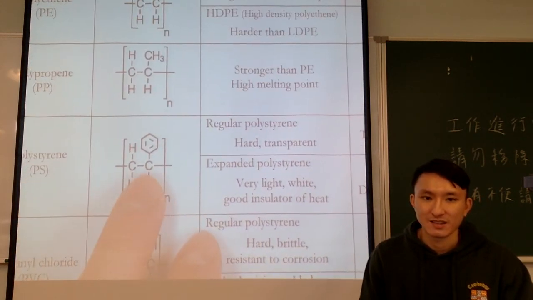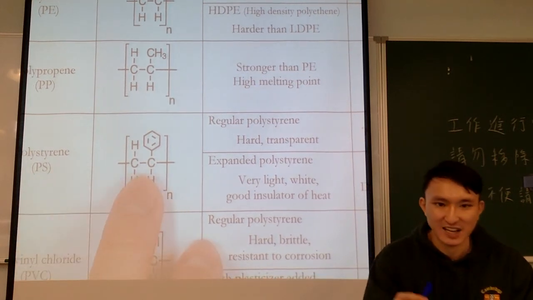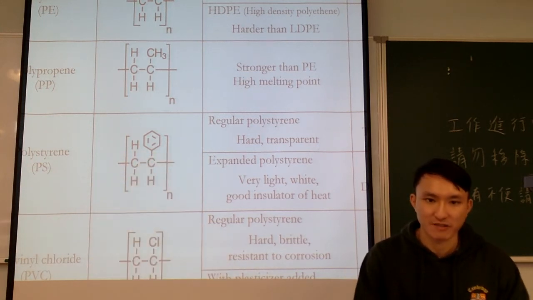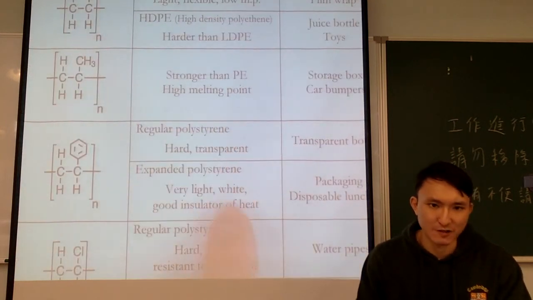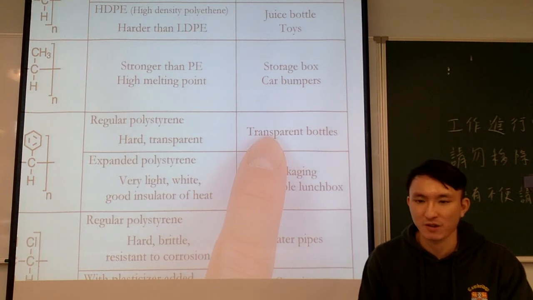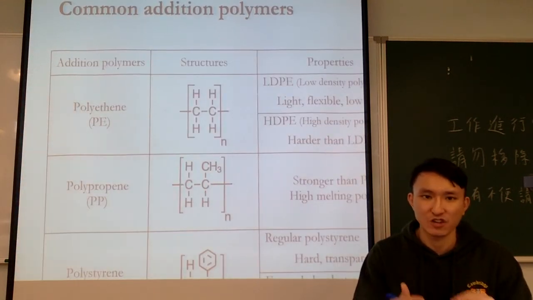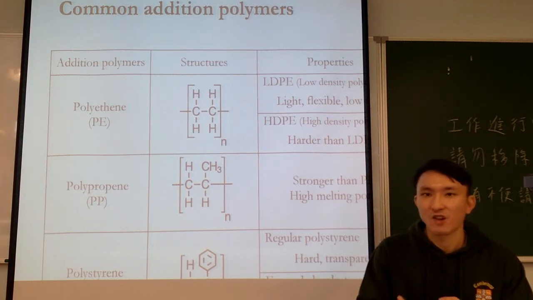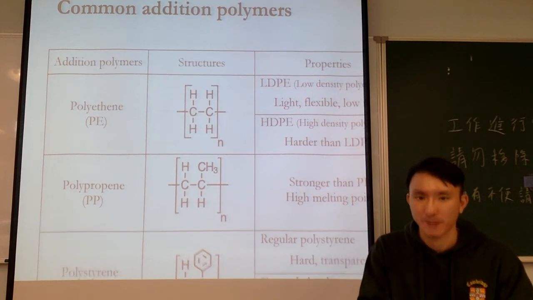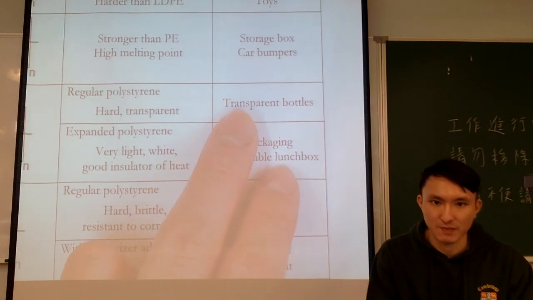Polystyrene: the monomer is called styrene, which is actually an ethene, but with one H replaced by a phenyl group or benzene ring. We have two types of polystyrene. The regular one is used to make transparent bottles. Polyethylene and polypropene are usually white in color or quite opaque, translucent, basically not transparent. But polystyrene is transparent,